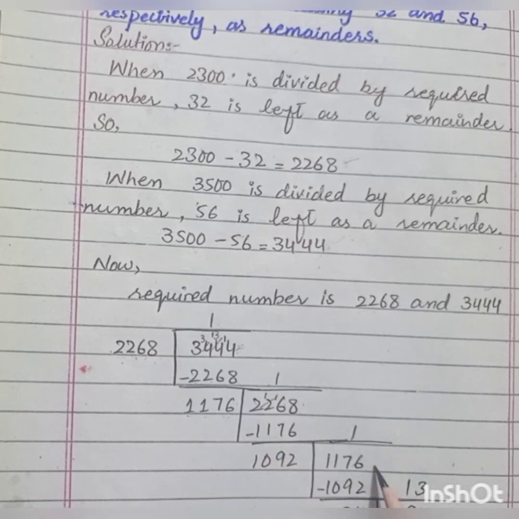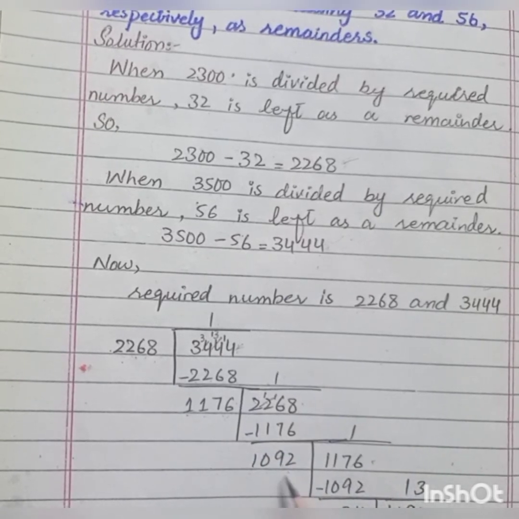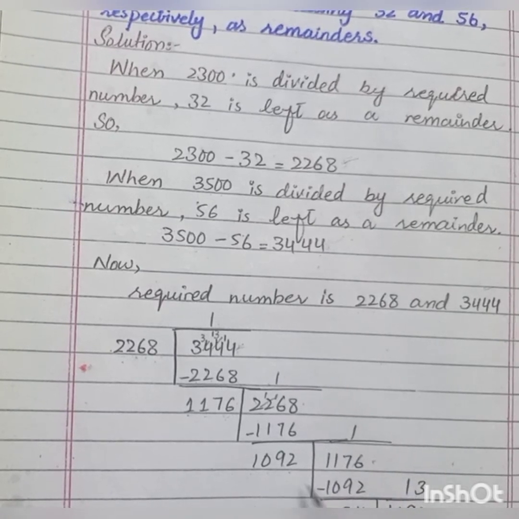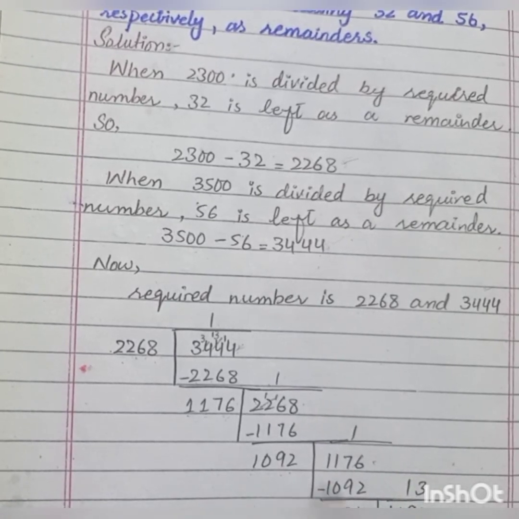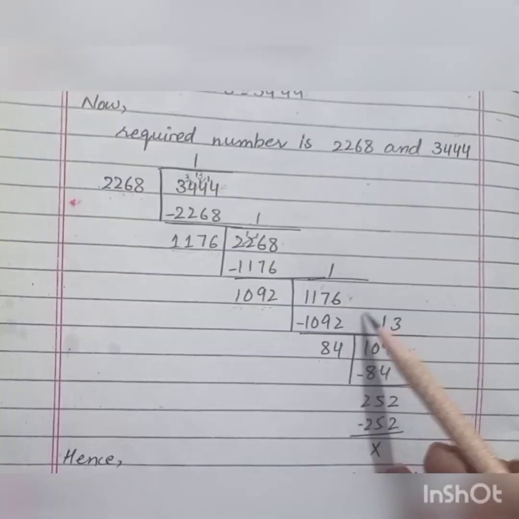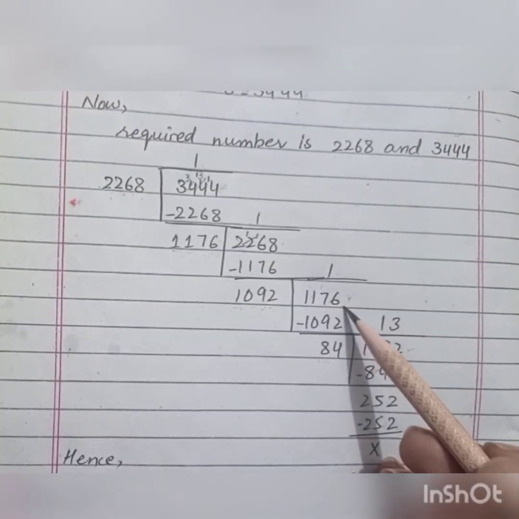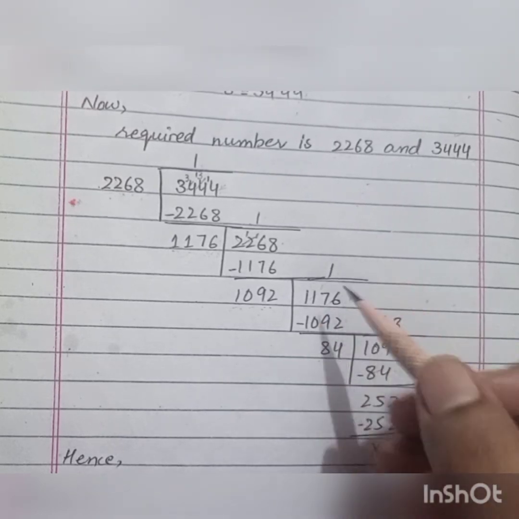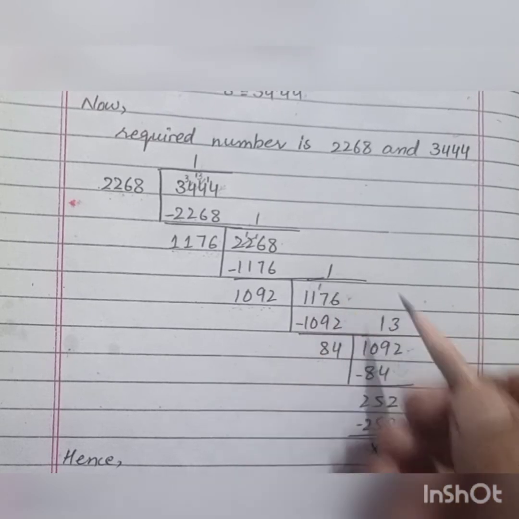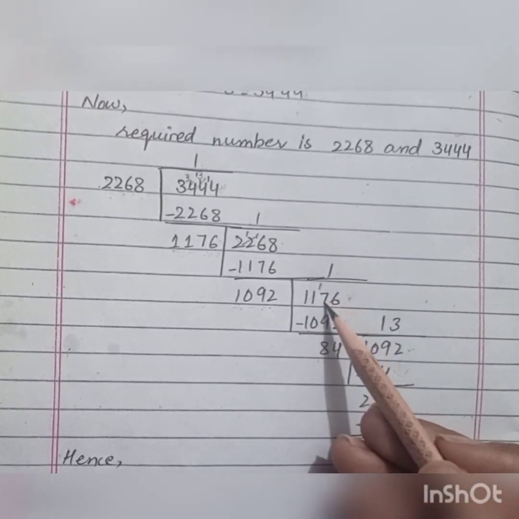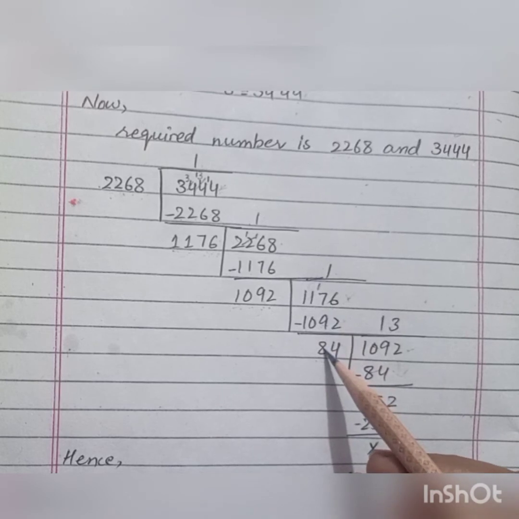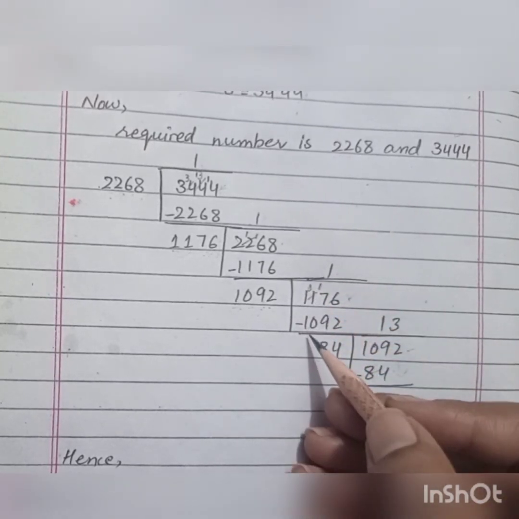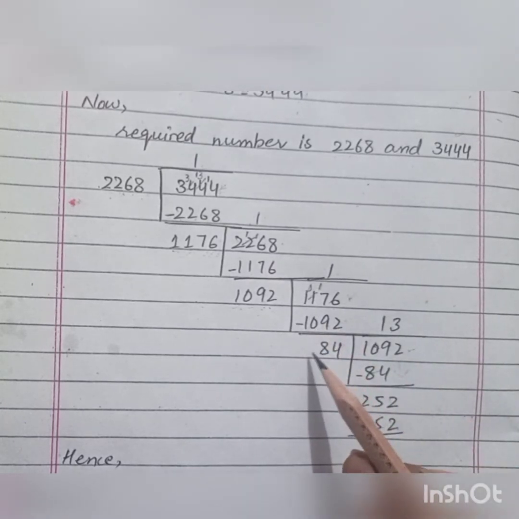Now this value will act as a dividend and this value will act as a divisor. So again solve it. If we multiply it by 1, the answer is 1092, and if we multiply this value by 2, the answer will be greater than 1176. So now subtract this value. Subtract 2 from 6, the answer is 4, and we know that the number 9 can't be subtracted from 7. So let's take 1 carry. Now 17 is here. Subtract 9 from 17, the answer is 8, and here would be 0. Now subtract 0 from 0, the answer is 0, and again 1 minus 1 is equal to 0.